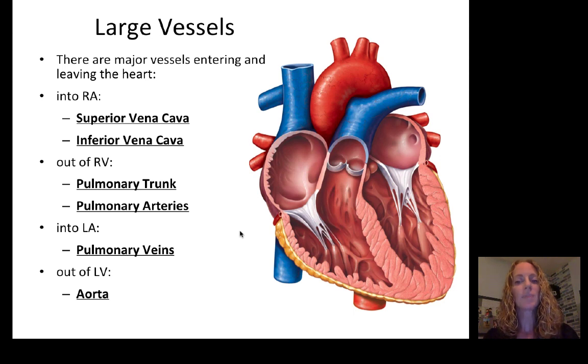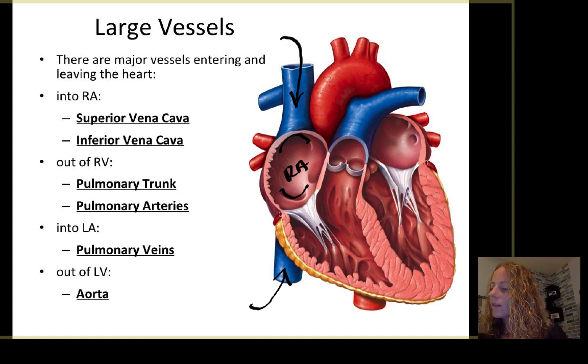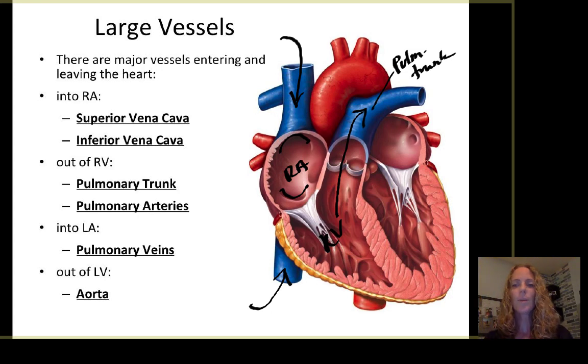In order to get this blood in and out of the heart, we have large vessels. Entering the right atrium, the blood from the lower portion of the body comes in through the inferior vena cava. The blood from the upper portion of the body comes in through the superior vena cava, and you can see those openings here in the atrium drawn there. The right ventricle then pumps that blood out of the pulmonary trunk